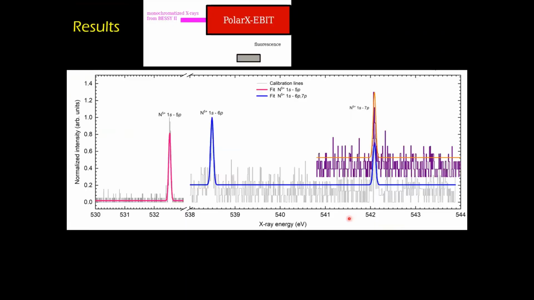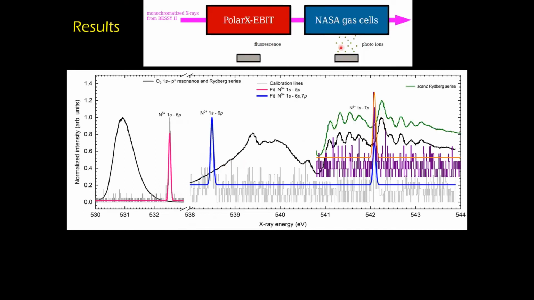So this is the spectrum from the EBIT. Here you have nitrogen 5+, hydrogen-like and helium-like nitrogen. These are the 5p, 6p, and 7p transitions. These transitions are very well known theoretically and can be calculated to sub-parts-per-million accuracy. So we could precisely calibrate the synchrotron beamline, and then with this gas cell we measured the Rydberg series. This is the oxygen Rydberg series represented as a black curve, and this was the line which the ALS actually used to calibrate